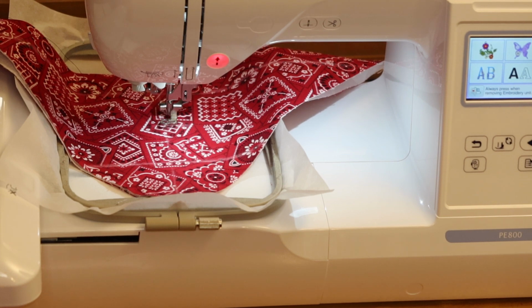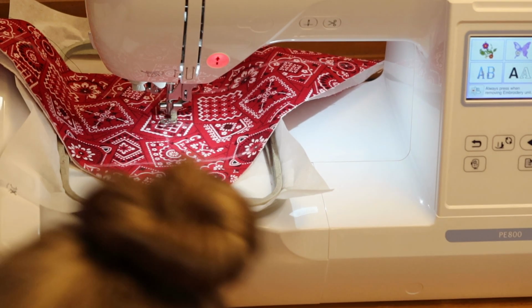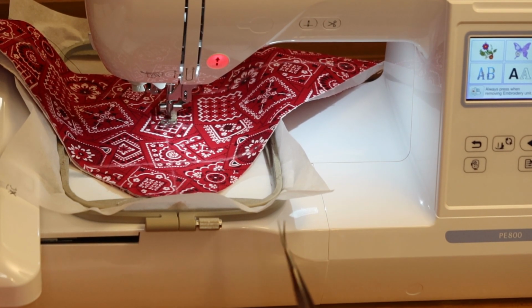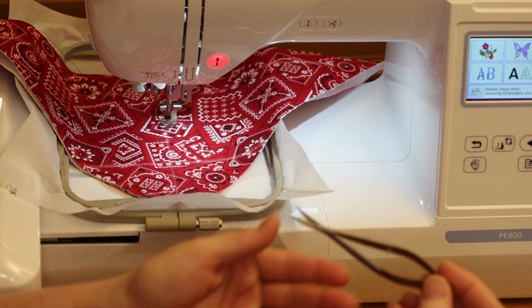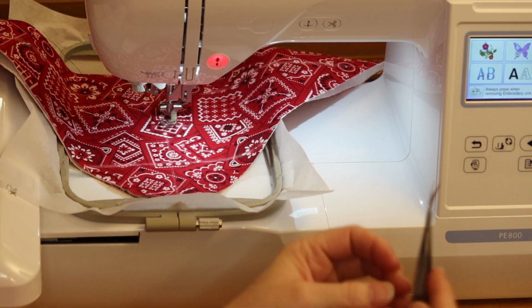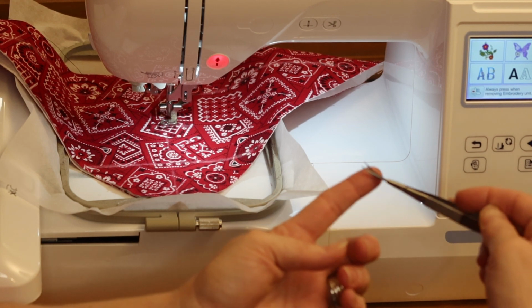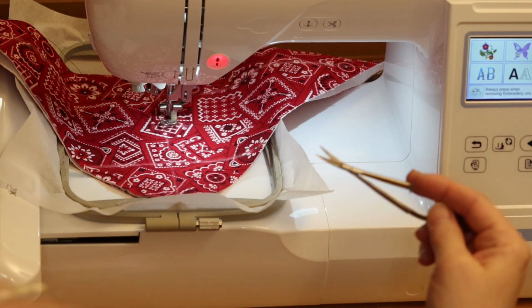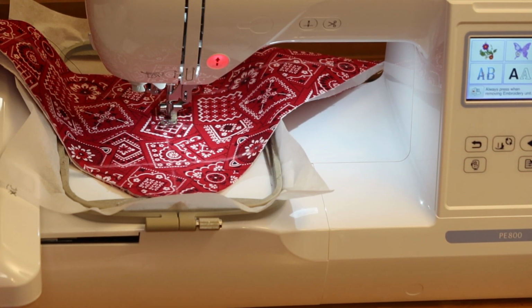And a good thing to have is a couple of embroidery tools. It's good to have a pair of curved scissors. I don't have a pair of Fiskars or another pair of curved scissors, but I do have my regular snips. So I'm going to use these today. This just has a little curve on here. You can see it right there. I need to go ahead and get me some curved scissors. I also like to use these, I believe these are Tula Pink